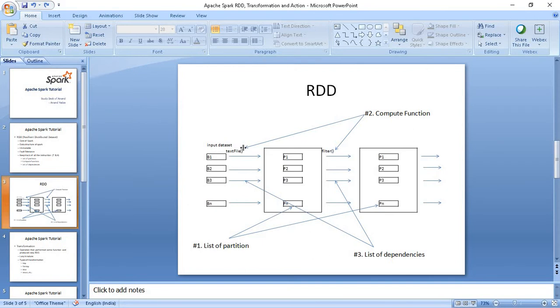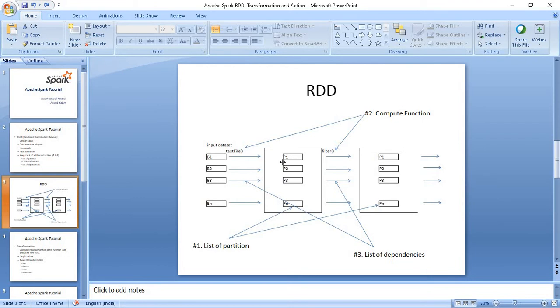This compute function is also stored in the RDD, and the next information stored in the RDD is the list of dependencies. Suppose textFile is one of the RDDs, so what dependencies does it have? Say partition P1, suppose this block fails due to some reason, like a network issue or other parameters.